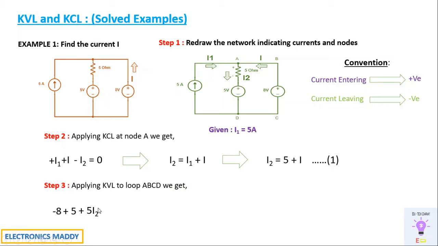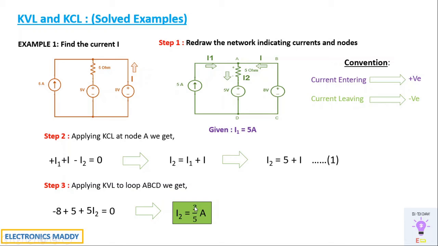So this is nothing but the voltage V is given as I into R. We know the value of R, we have substituted as 5, and I2 is the current, so we have written it in terms of Ohm's law. We expanded this directly because we don't know the voltage value. In these two cases we already knew the voltage values because they are voltage sources. Now we will be simplifying this expression.